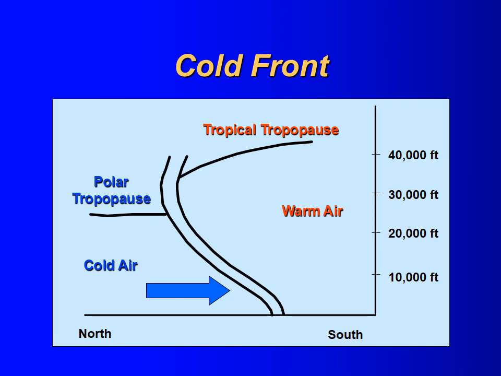Likewise, cold air tends to sink. It's more dense, so it'll stay closer to the ground. And if it's pushing towards the south, towards the warm air, you'll notice that friction kind of slows down that cold air push, and as a result, we get a little bit of a steeper front near the surface of the Earth. Well, that's about all we have for